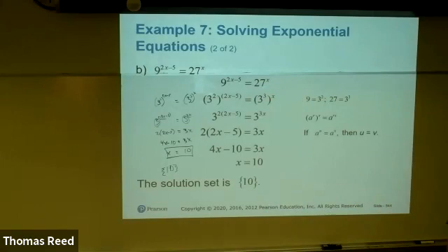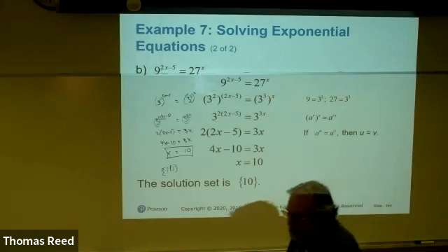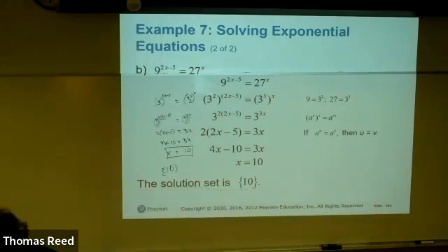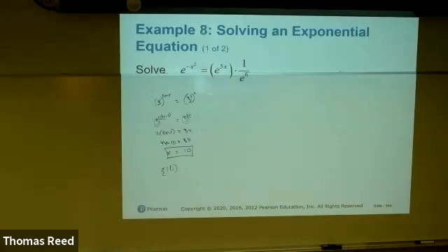And they get the same solution, which they should. Unless someone really screwed up. Now this one's going to look a little trickier, but we're going to rewrite the right-hand side so it's e